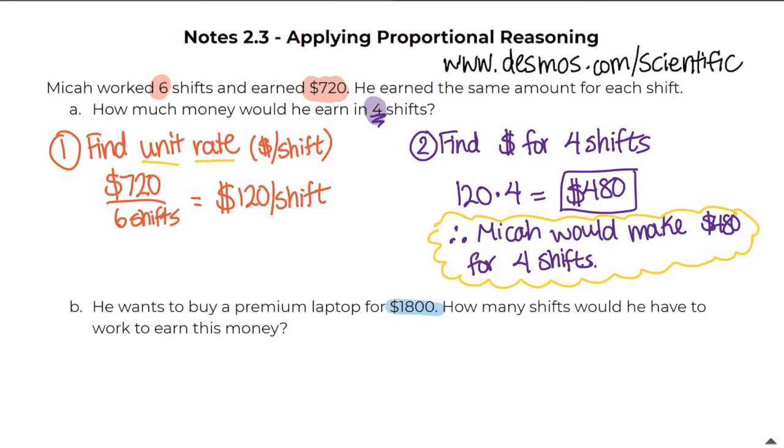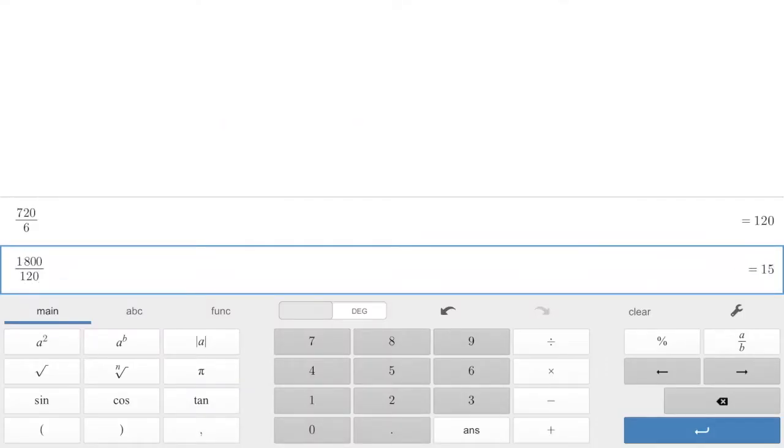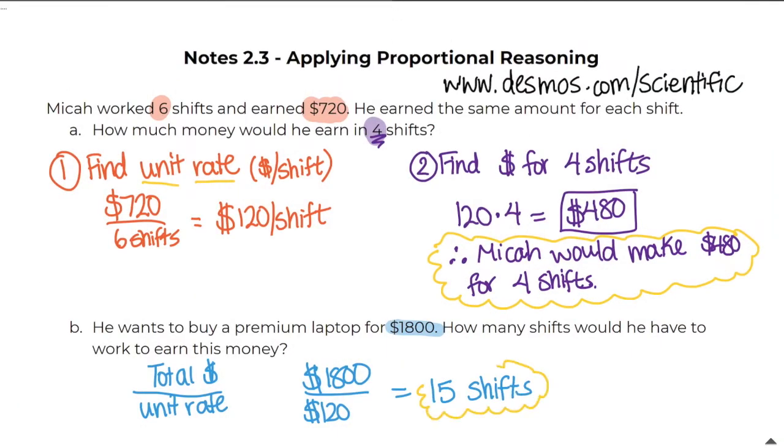If I know that he makes $120 per shift, all I have to do is divide the total amount of money by the unit rate. So we know that he wants $1,800, and he makes $120 per shift. So when I divide 1,800 by 120, I end up getting 15 shifts. Which should make sense, because if he's making $120 per shift, multiply that by 15, we would get the $1,800